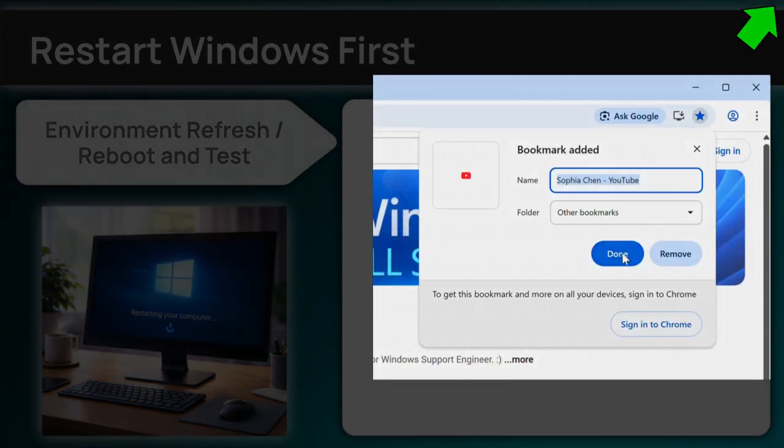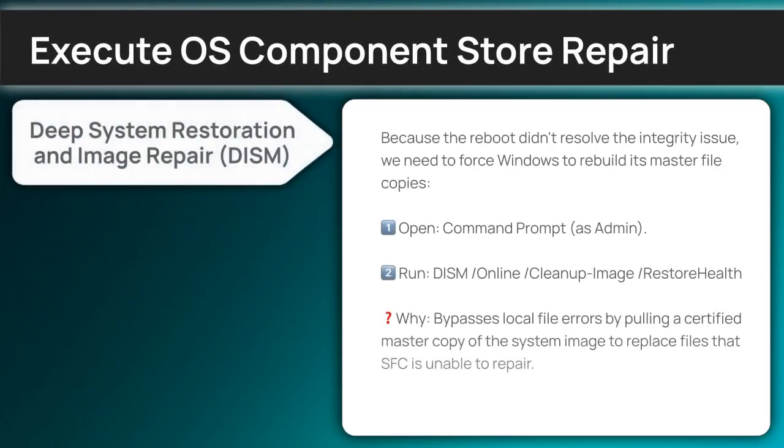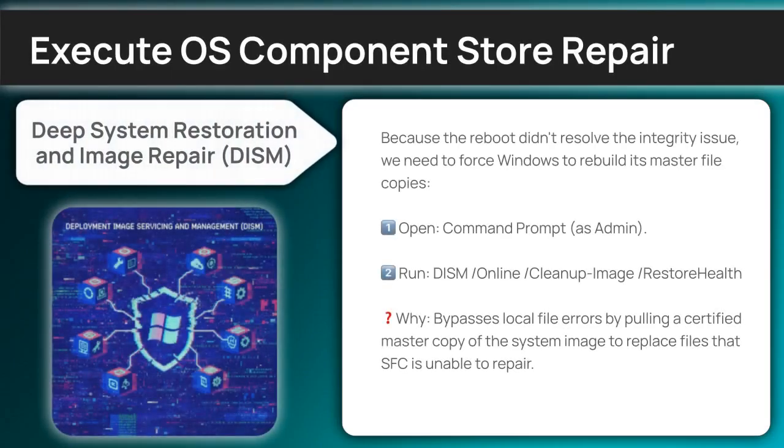If the previous steps didn't work, there's one more action we can take to stabilize the environment. Please pause the video if you need to back up your data before we proceed. Because the reboot didn't resolve the integrity issue, we need to force Windows to rebuild its master file copies. First, open command prompt as admin. Second, you're going to type DISM /online /cleanup-image /restorehealth, then hit enter. Why are we doing this? Well, it bypasses local file errors by pulling a certified master copy of the system image to replace files that SFC